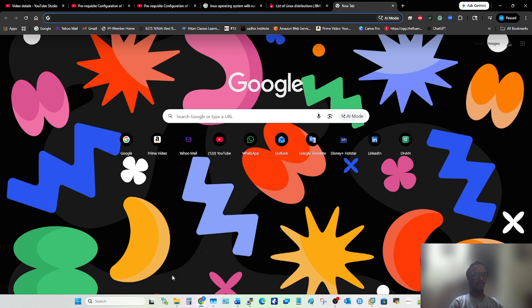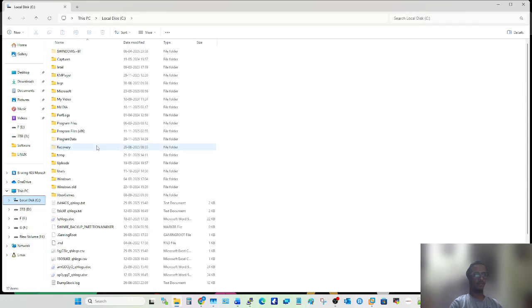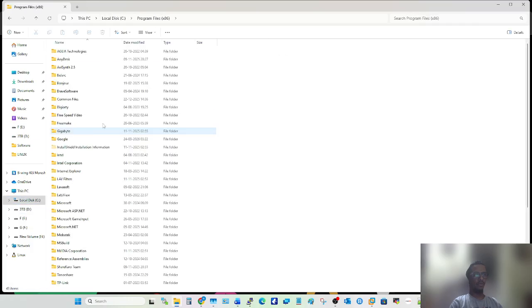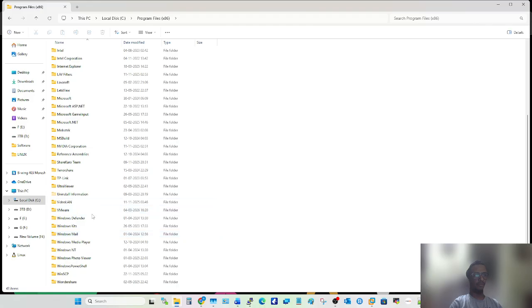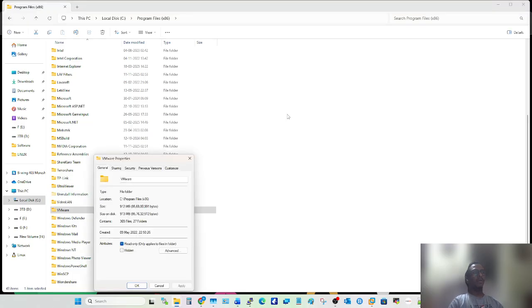I guess it will ask you for some space to get installed in the operating system. Let me show you. So this is the VMware folder, around 1 GB. It will require 1 GB.